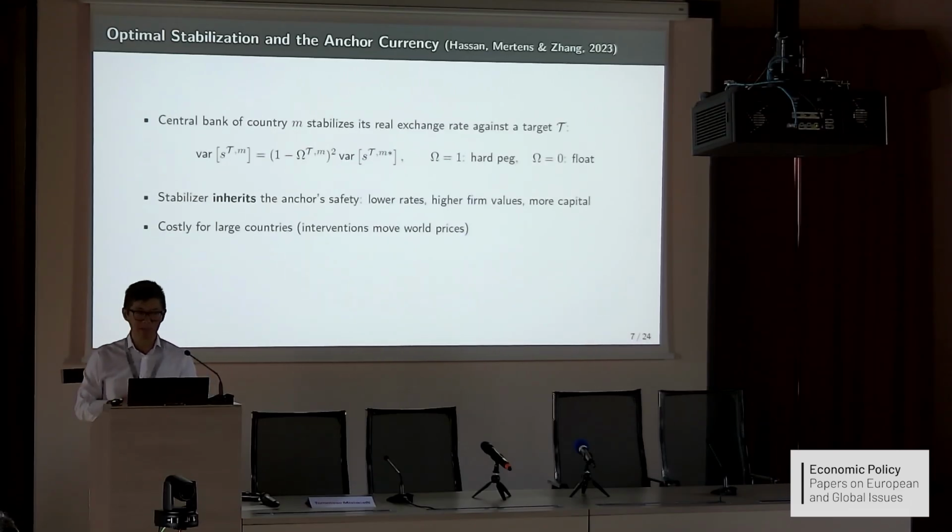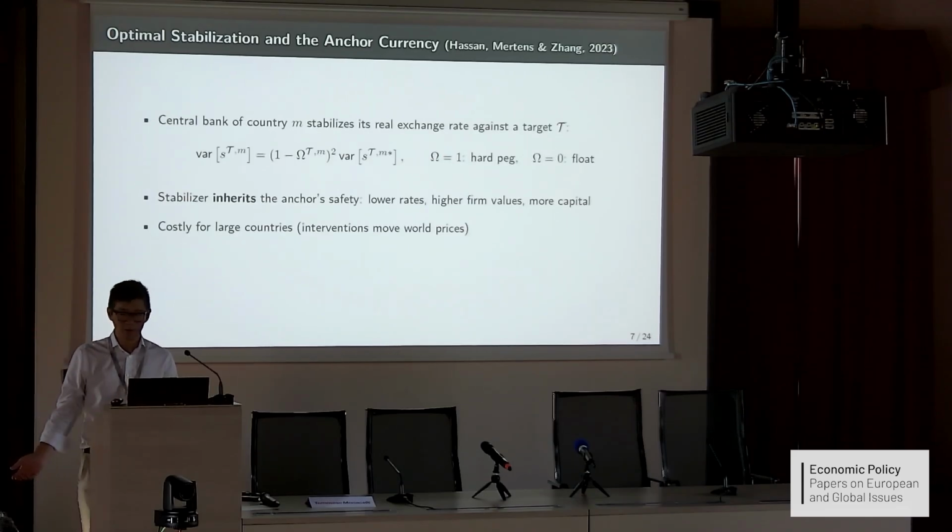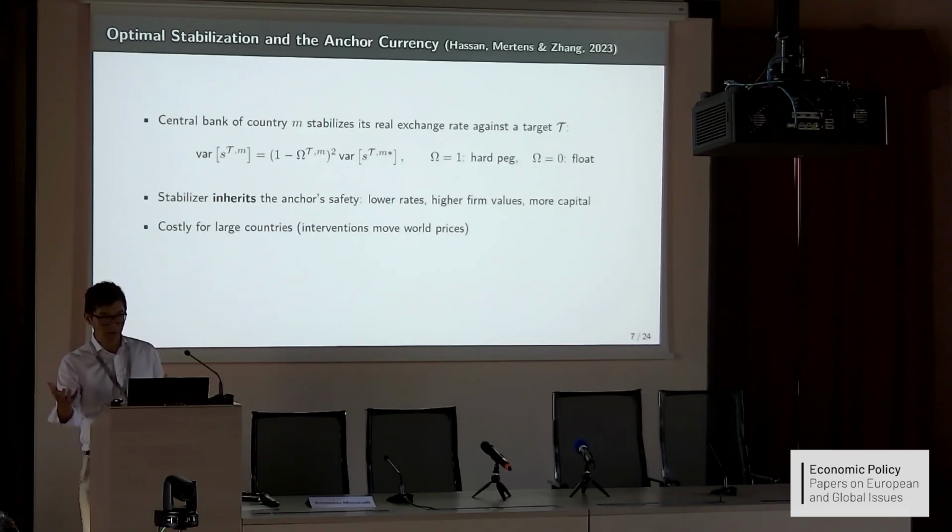How does this work? If you think of Denmark, a small country with the Danish krone, suppose it moves up and down freely. Well, if it makes the krone move up and down exactly in line with the US dollar, then from the international investor perspective, there's no difference between the krone and the US dollar, and so I will be willing to hold more krone, I will be willing to invest more in Denmark.